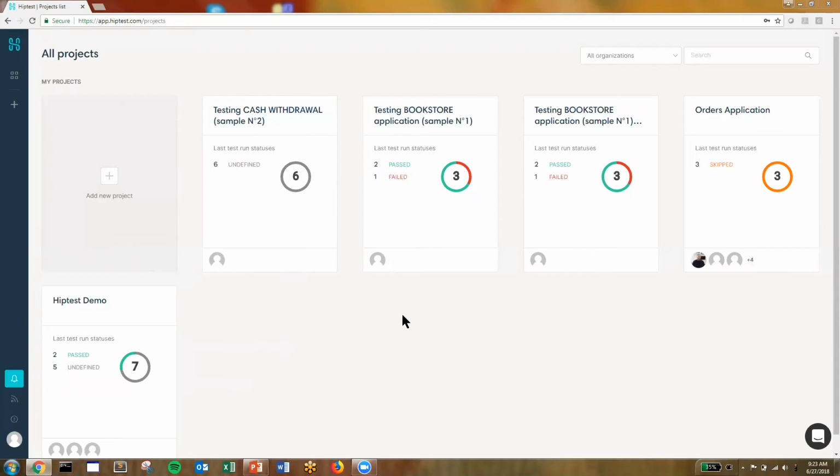So our tool, HipTest, is a web-based platform that allows us to collaborate across business units, not only develop these Gherkin statements in a very rapid fashion with its unique Gherkin editor, but also translate those statements into various different code formats. So we can really get a lot of value out of it.